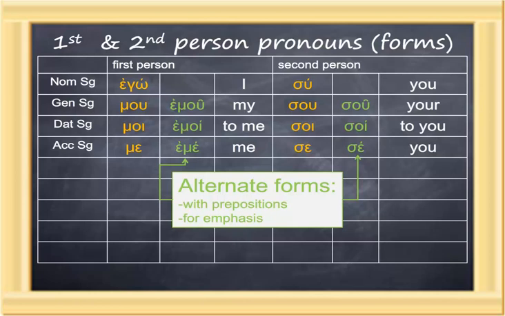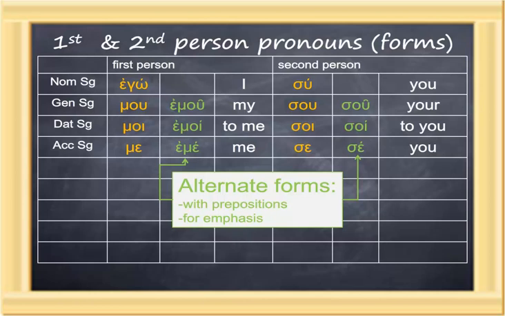These alternate forms show up in two contexts. First of all, if a first or second person singular pronoun follows a preposition and is the object of it, it will almost always be in this alternate form. The second usage of these accented or alternate forms is for emphasis, to stress the first or second person pronoun